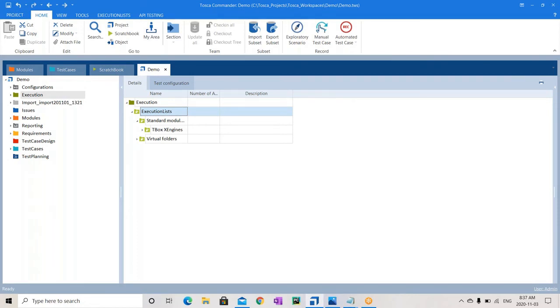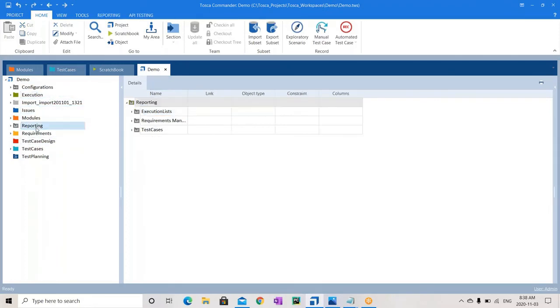How these reports have to be configured, we can define in the reporting section. And this is the import section. Whenever we import our previous test cases, they come under this import section. I imported my previous demo cases using this import subset, so this section came up.